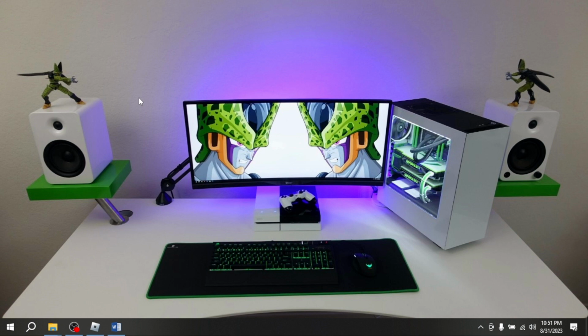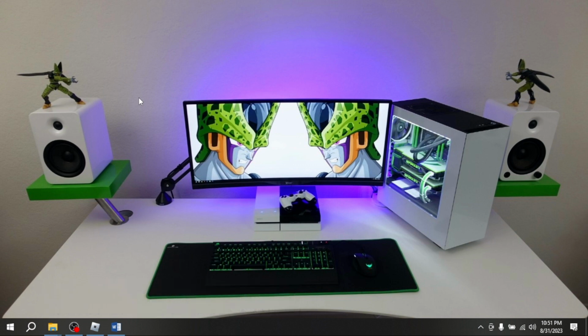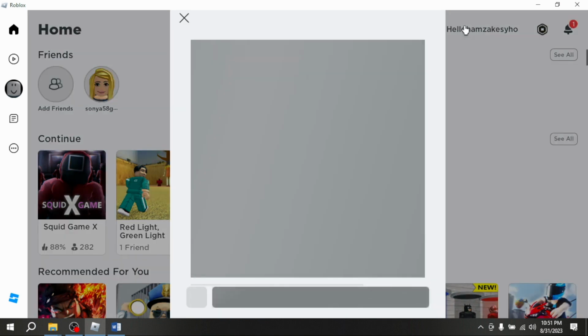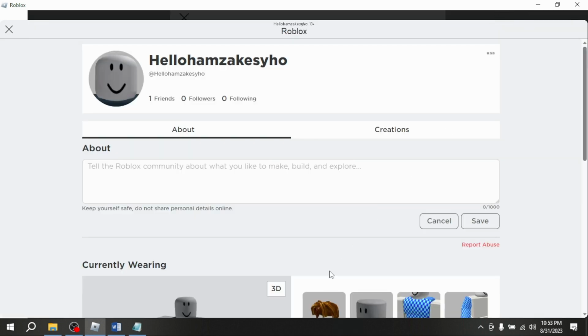Writing a compelling bio on Roblox is quite simple and the process is easy to do. First of all, open Roblox. Click on your display name at the top right side. Now click on edit profile. From here, in the about section, you can write a compelling bio and then click on save. There you go. If you wanted to know how to write a compelling bio on Roblox, that is the easiest